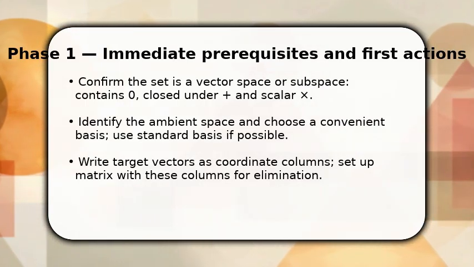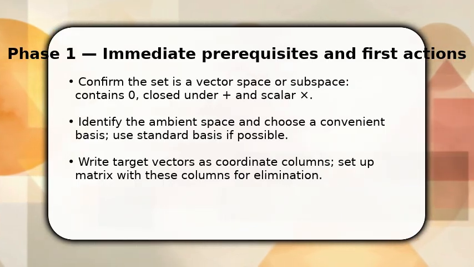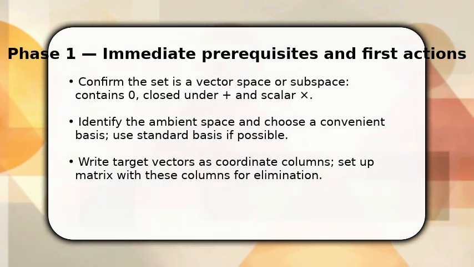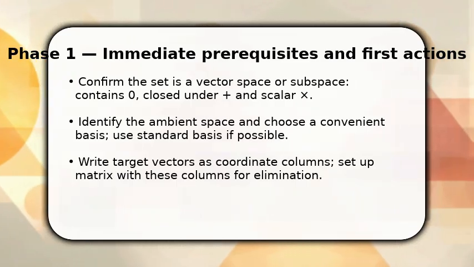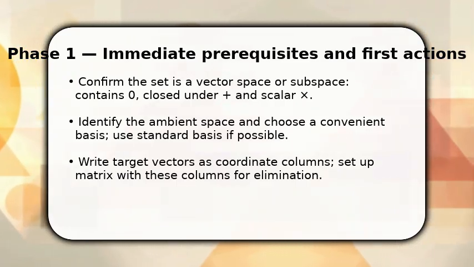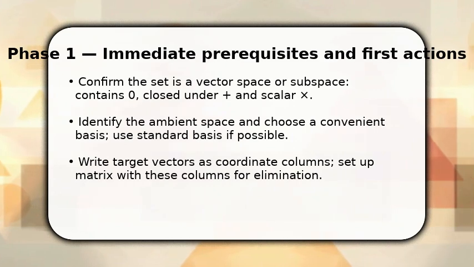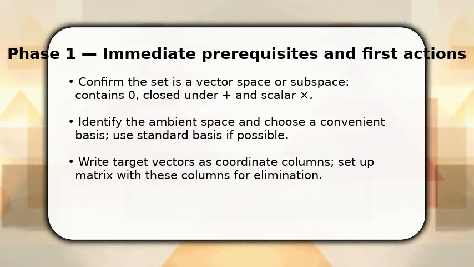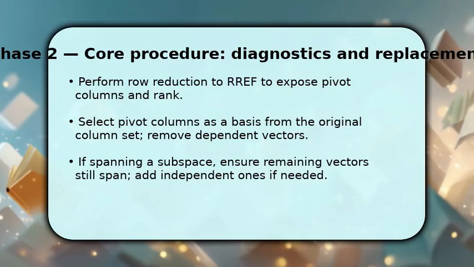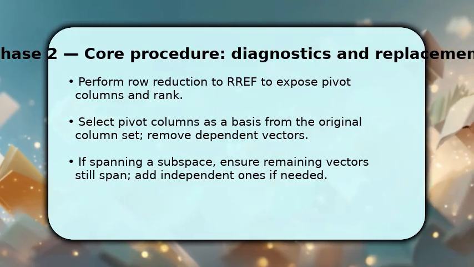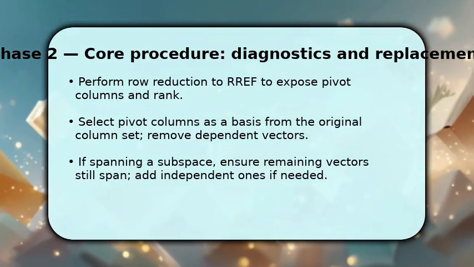Next, form a matrix whose columns are those coordinates. This is your working representation. You will now use row operations to reveal dependencies and the dimension, so get the matrix into a manipulable form right away. You perform Gaussian elimination to reduce the coordinate matrix to REF because pivot positions tell you which columns